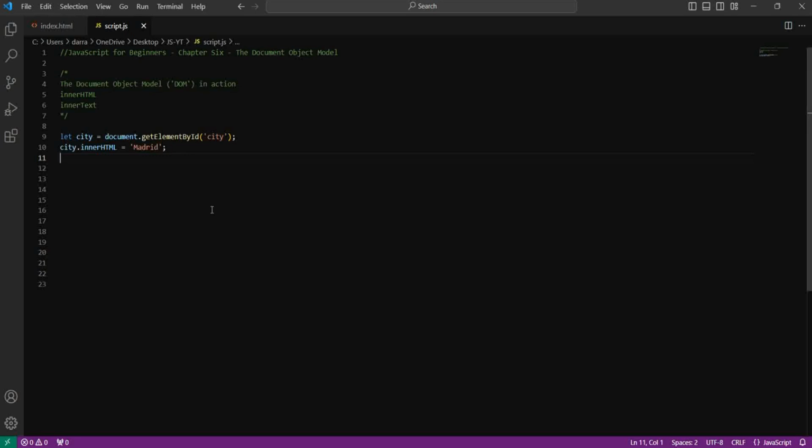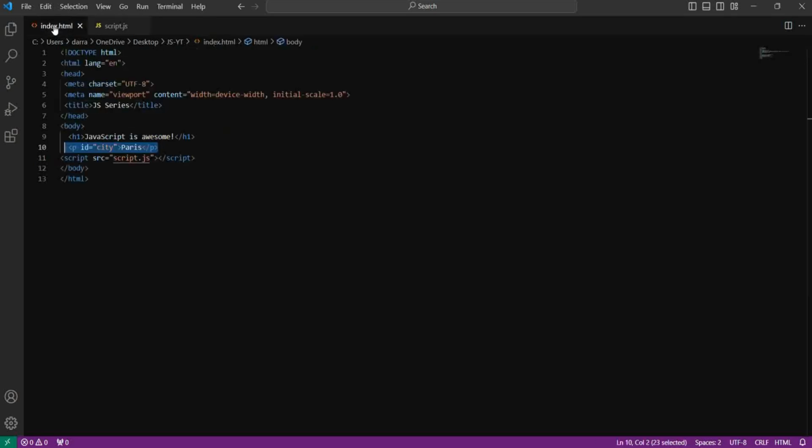But there's a different way to do it, and the reason is as follows. When you change the inner HTML, you're also able to manipulate the content itself, whereas with inner text, you can only change the text. So for example, if I just show you the browser again,